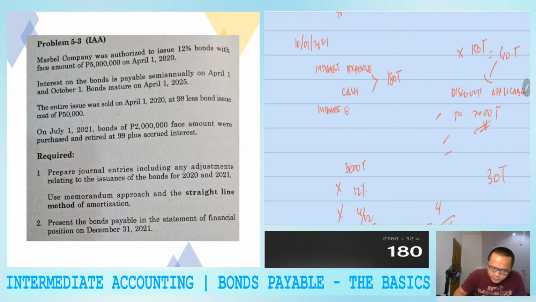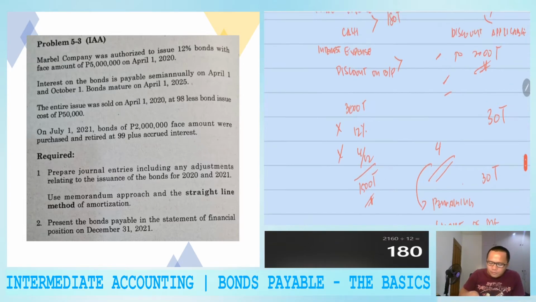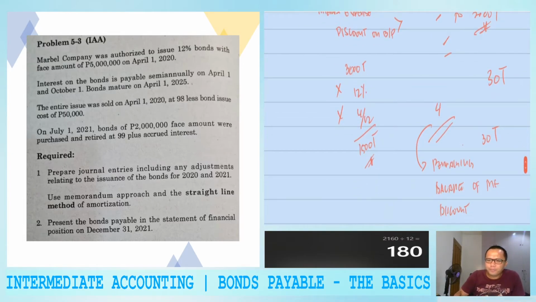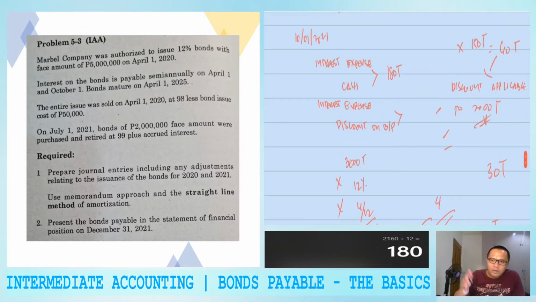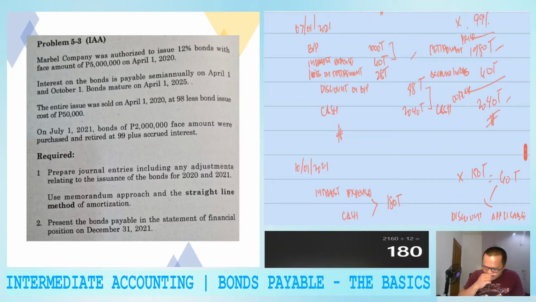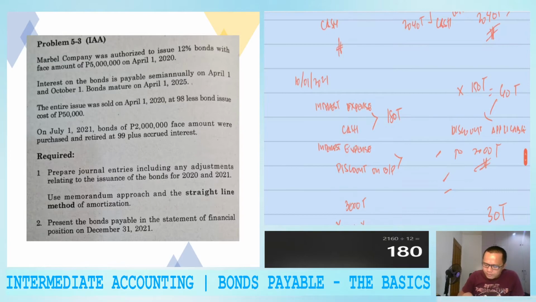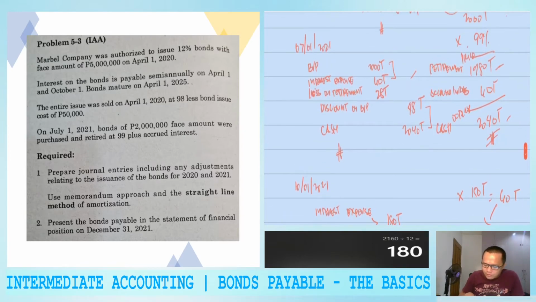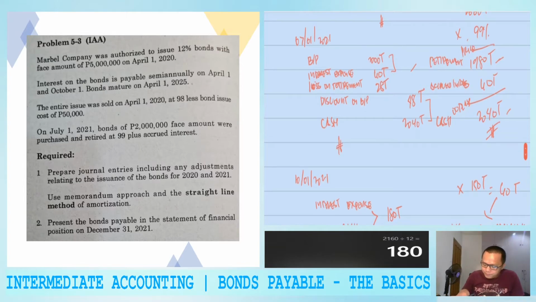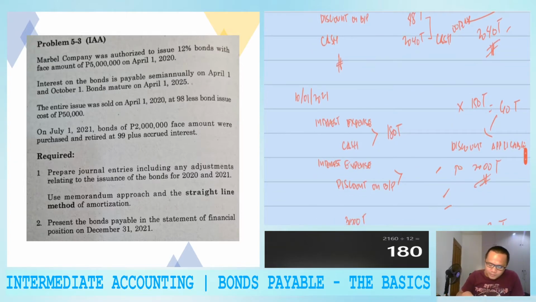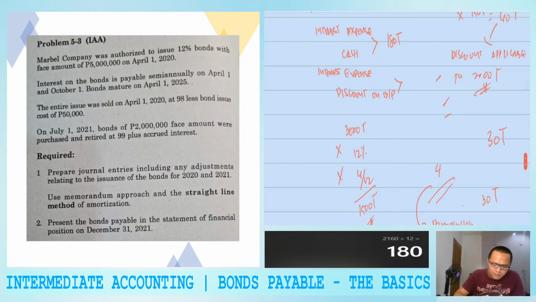And then, for the amortization of discount, applicable for the 3 million only na lang din, di ba? So, kumbaga, wait, ano nga yung kuha natin? Maybe 60,000 yun. So, that means na,